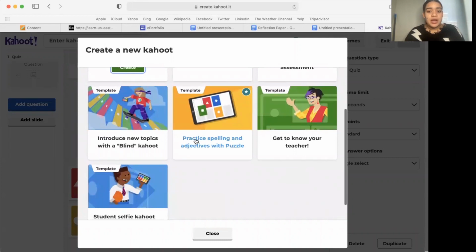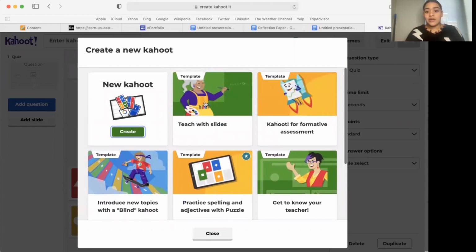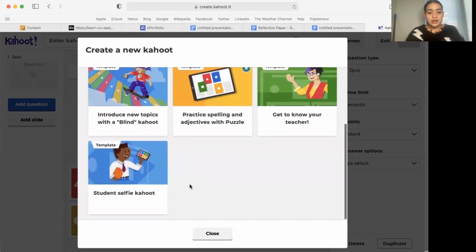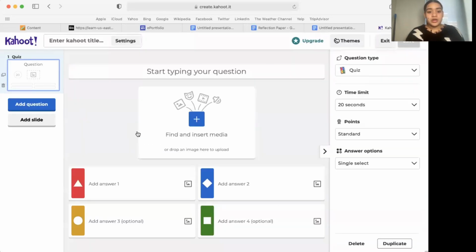This one, practice spelling and adjectives with puzzle, we wouldn't be able to use if you're on the basic plan. However, you can use these templates over here, teach with slides, the selfie Kahoot, but we're going to create a new one. So let's do note value.